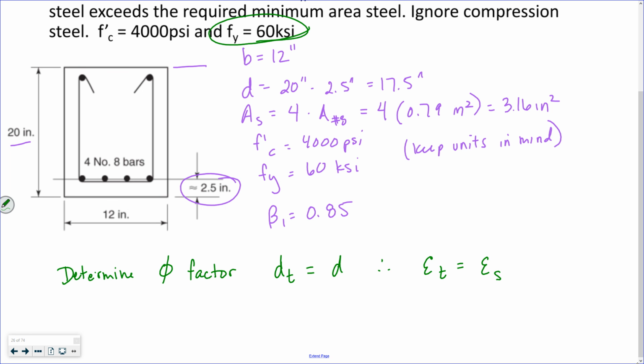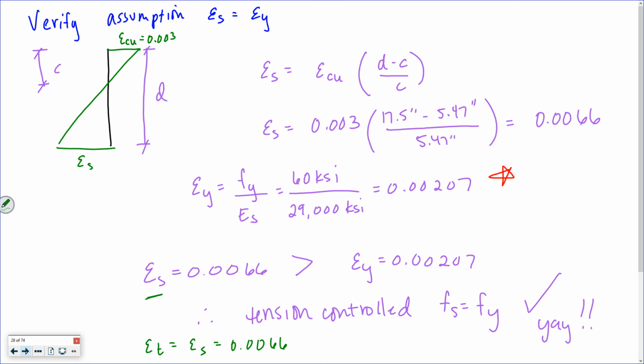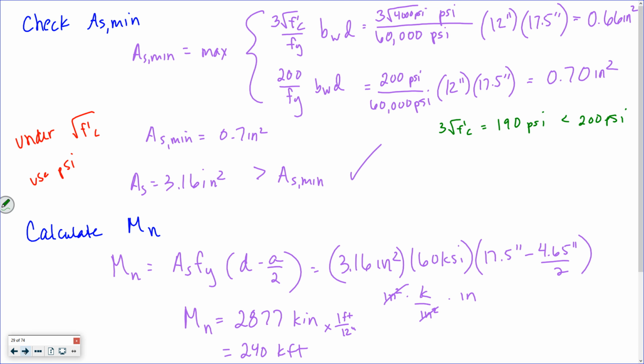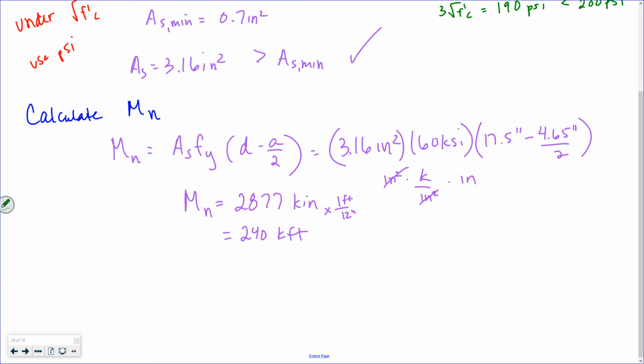Now, if I had multiple layers of reinforcement, this dt equals d would not be true, and I would have to use similar triangles like I did here to find the strain in my extreme tension steel. So phi 0.9, I determine my nominal. Now if I determine my design, 0.9 times 240 kip feet